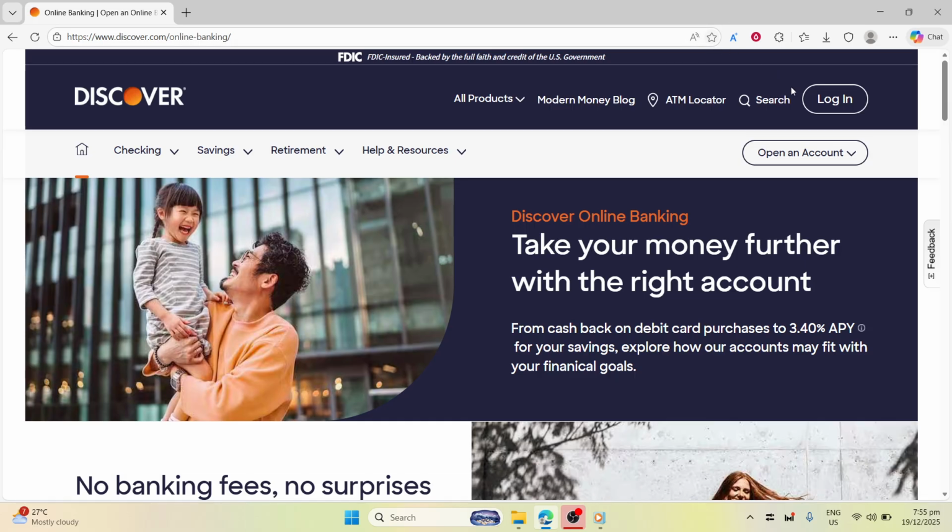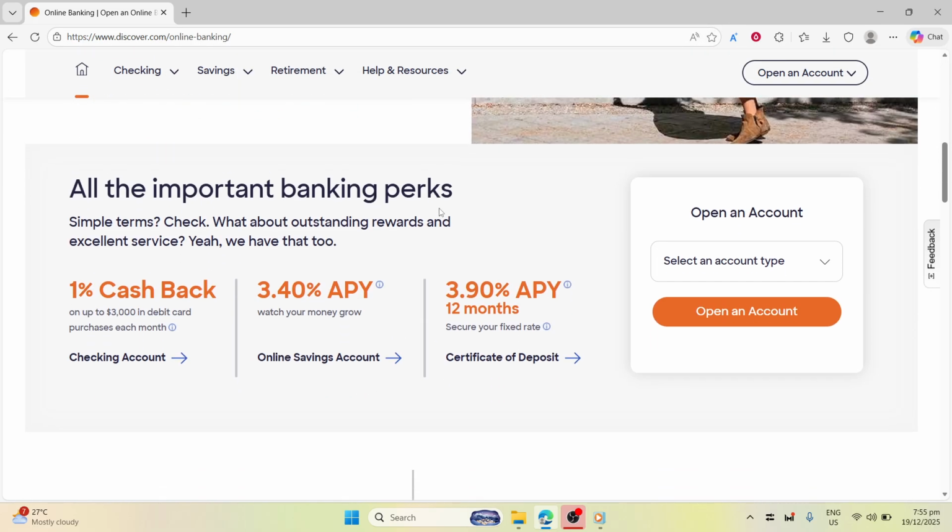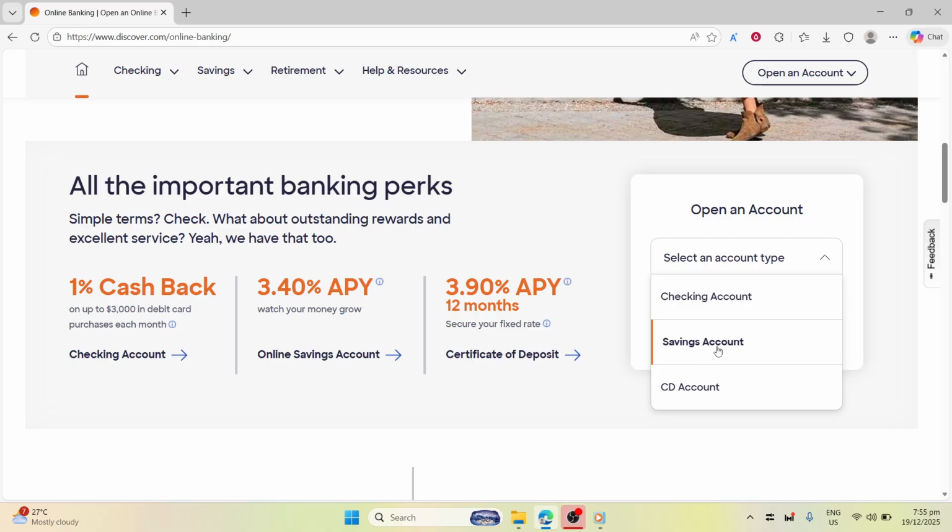Next, choose the account type that fits your goals. If you want to grow savings with a competitive rate, the online savings account is designed for that purpose and is great for building an emergency fund or setting aside money for future plans. If you need everyday spending features, the Cashback Debit Checking account pairs standard checking functionality with rewards on eligible debit